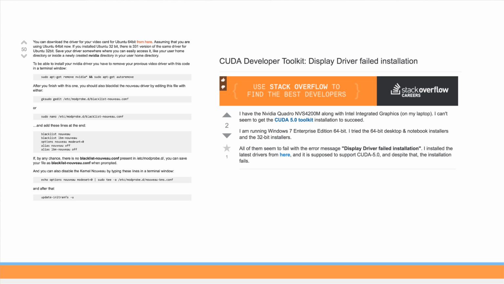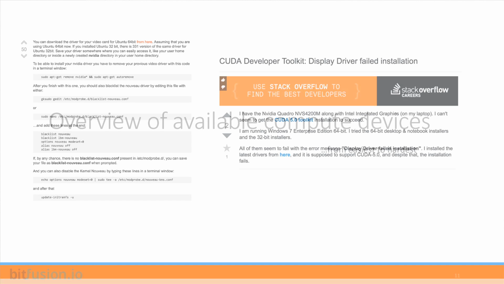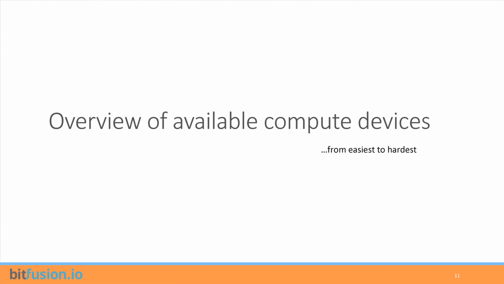GPUs, we all know this. If anybody has done development with GPUs, think of all the problems people put on Stack Overflow. So the first set of